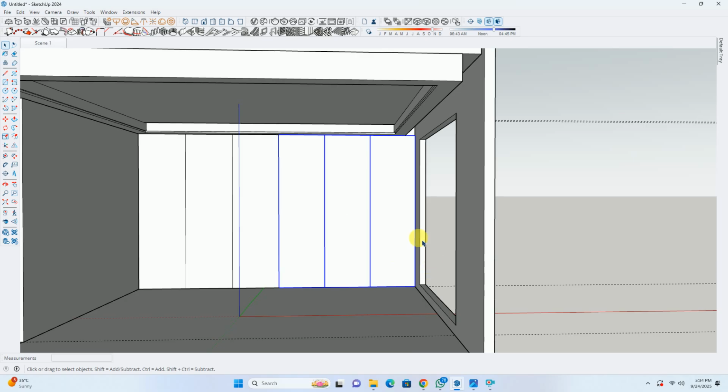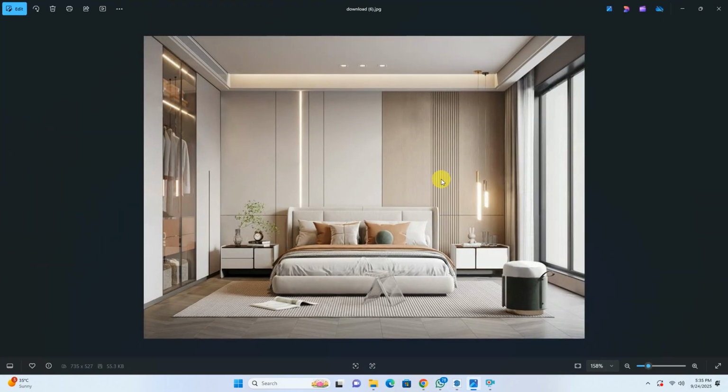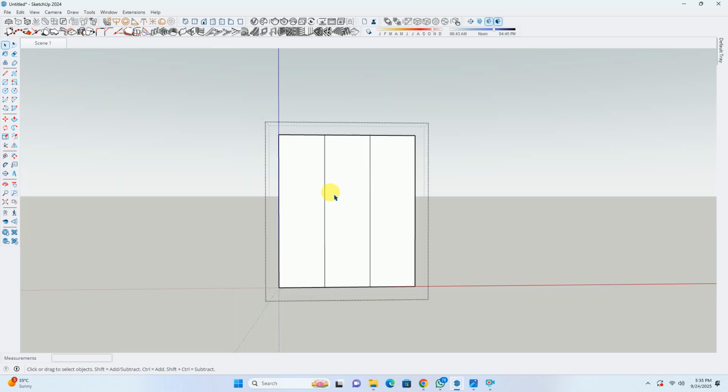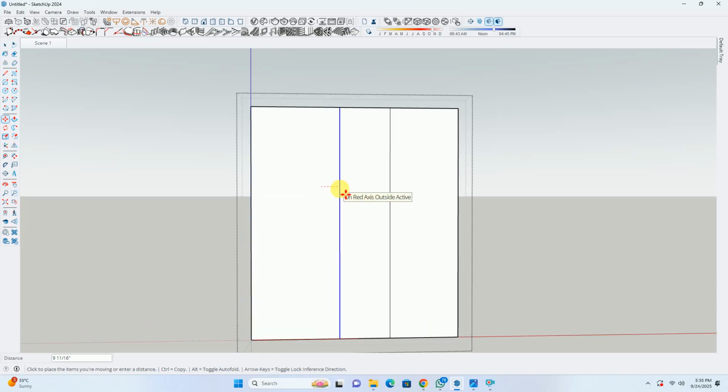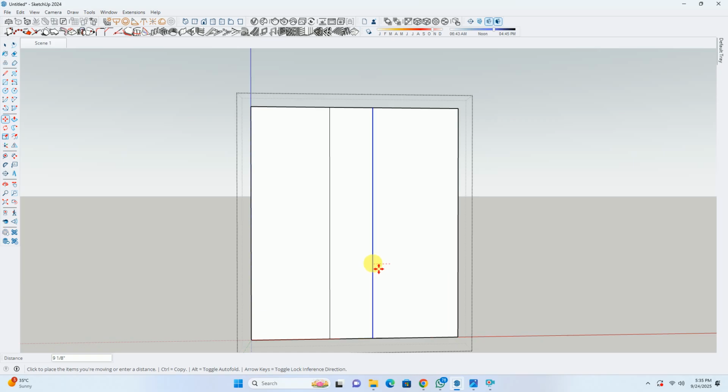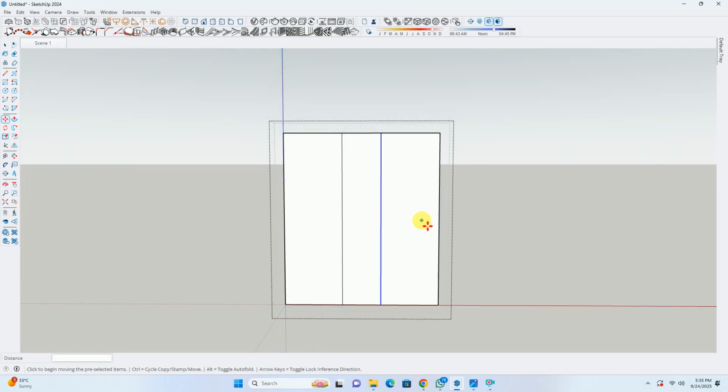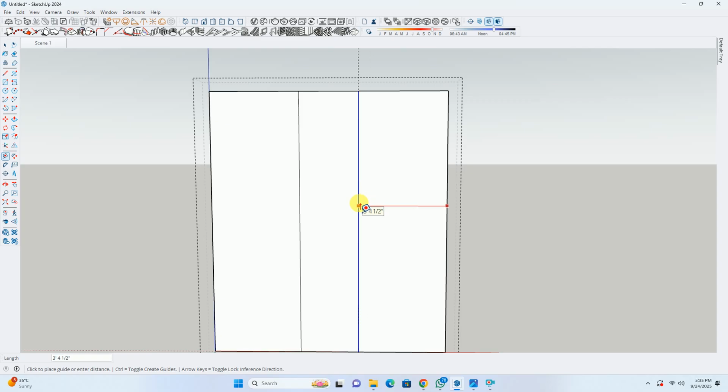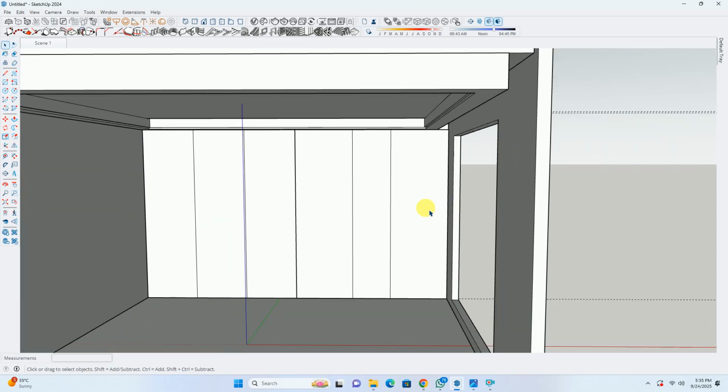Now we want to create this panel of larger thickness compared to this one. So I'll double click on this paneling and select this line surface by blue window, that is, the first point will be selected from the left corner and the second point from the right corner. I'll apply the move command with a gap of 4.5 inches, and repeat the same thing over here, 4.5 inches. In this manner, we have created a panel of about 3.45 inches.